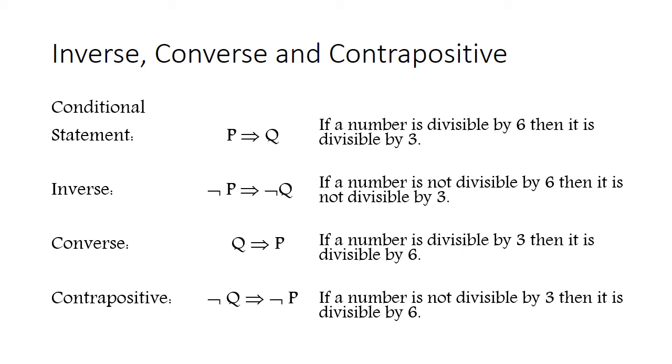I can give you one more example. In mathematics you will have done so many theorems, and when you learn a theorem you also learn its converse. For example, the Pythagoras theorem. If a triangle ABC is right angled at B, then AB square plus BC square will be equal to AC square, the example that we used before. Then the inverse will be that if it is not a right angle triangle at B, then that equation will be false.